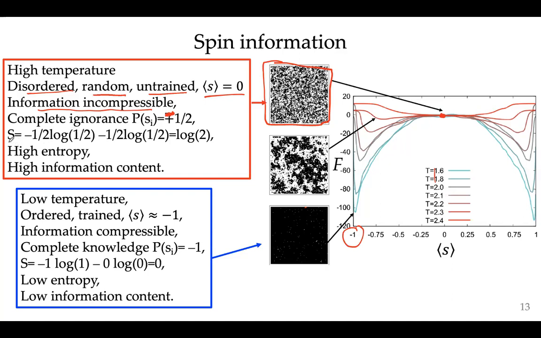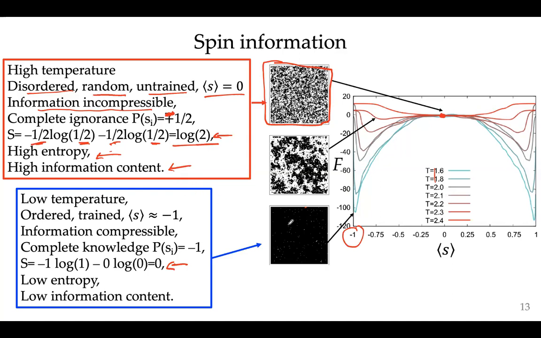If you want to calculate the Shannon entropy, or the information entropy, for the up case the probability is 1/2, and for the down case the probability is again 1/2. And if you calculate it, you find log 2. This is per spin. So for each spin, the entropy is log 2. This is actually the maximum that it can be for one spin. So it's a high entropy case, and that also means there's high information content.